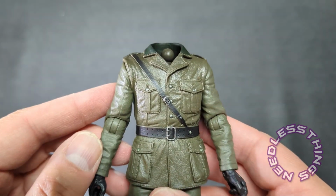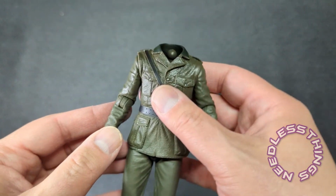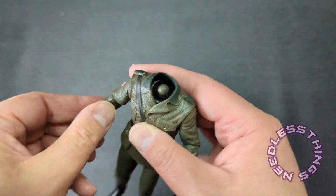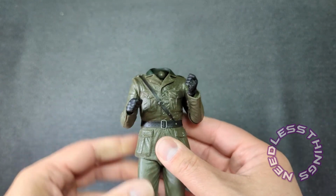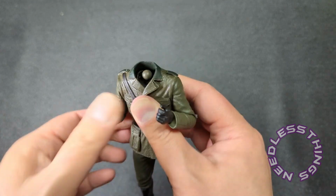Just all of the painted detail, all of the textures. I mean, look, now that they've figured out their plastics and their articulation, NECA is putting out really the best figures on the market. Now that I can play around with one of these without being terrified that something is going to just break